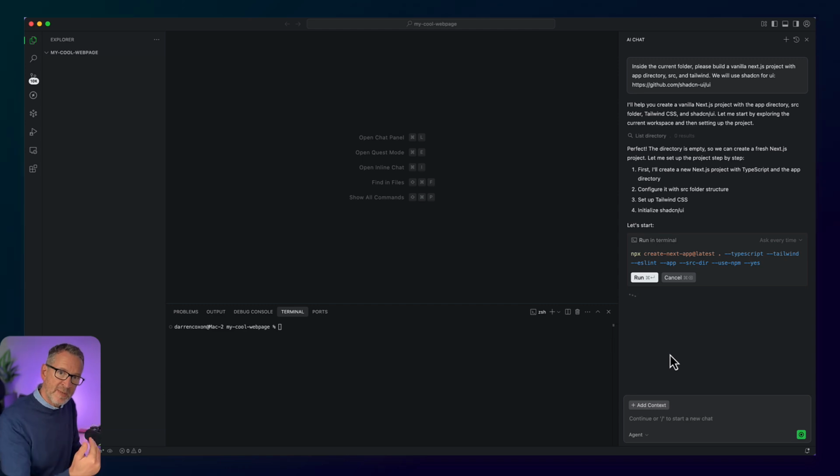So you can see it's given me that initial, perfect, right? This is what we're going to do. You can hit run here. You can do ask every time or enable auto run. I would strongly suggest when you first start, don't enable auto run, because this is a very opinionated AI. I've been playing with it this morning, and what I've noticed is it will just kind of go for it, and you're like,